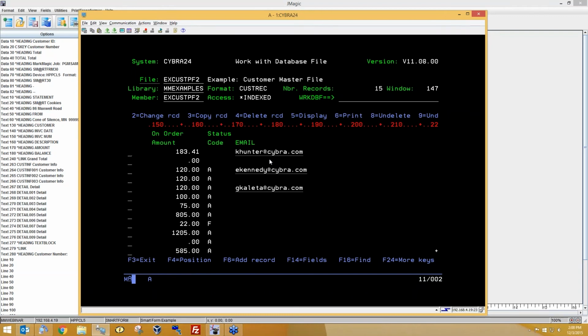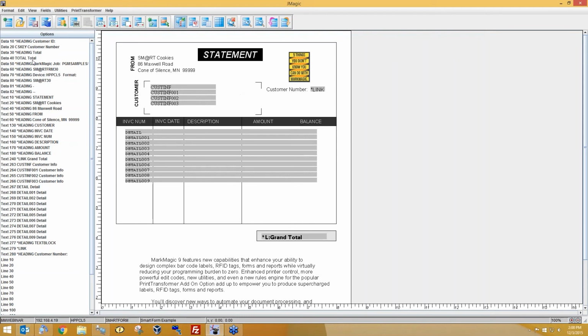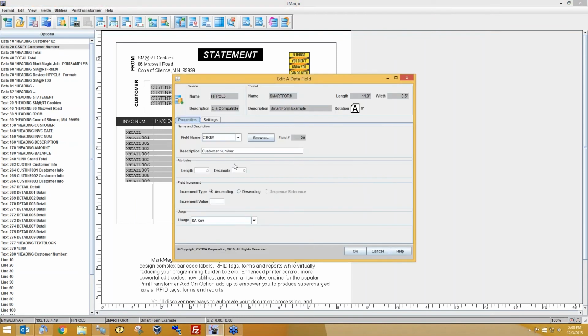So if we go all the way over, there's email. So there is an email address in this database. So we're going to pull in that email address from the physical file using that bit of data that's already in the spool file. So here's that data field, CS key. If we double click it,